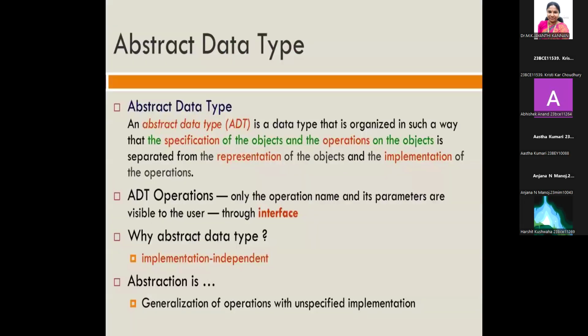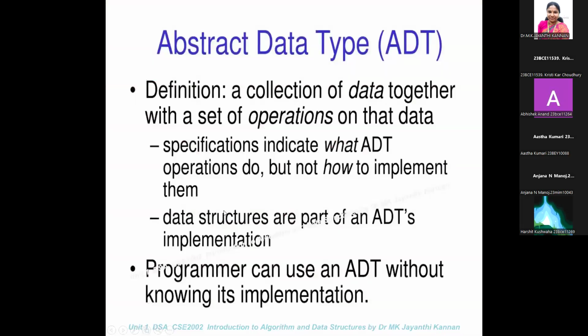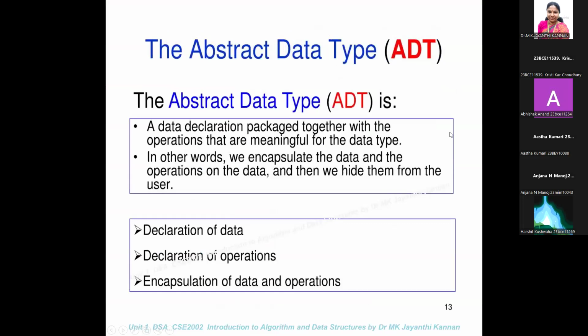And the various abstract data types, what we are using in the programs, are a data declaration package together with the operations. So data along with the operations that are meaningful for the data type: declaration of the data, declaration of operations, encapsulation of data and operation. So if you put data and operation together as a single entity, we are getting data encapsulation,